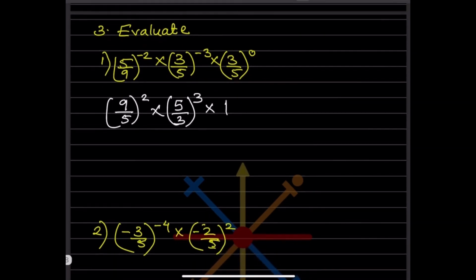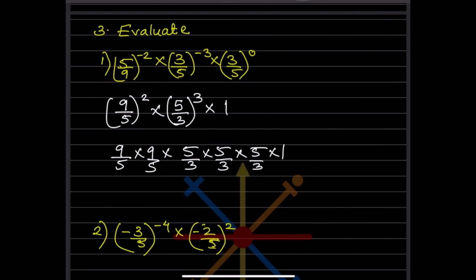So what are you doing now? You can see the base as well as the exponents are different. So now simply you are going to multiply it 2 times here, and here you are going to multiply 3 times, into 1. So now you can simplify this one. We can see if we can cut out anything. 3 ones are 3, 3 threes are 9. Here 5 and 5 go out, this and this go out. So the answer is, what remains is 3 over here, and this is 5, and in the denominator there is nothing. So the answer is 3 into 5, that is going to be 15.